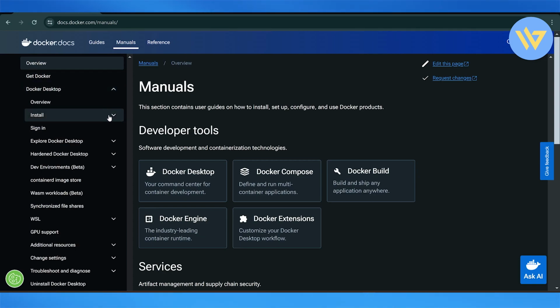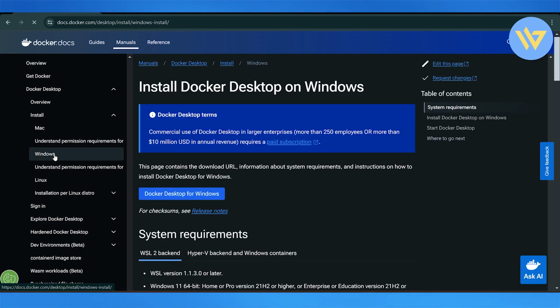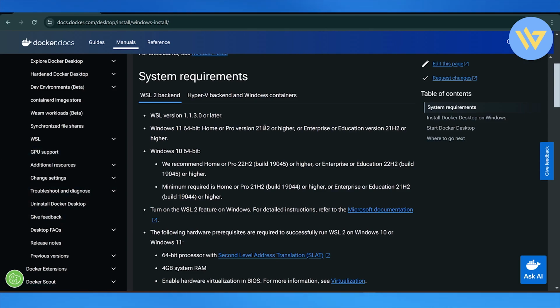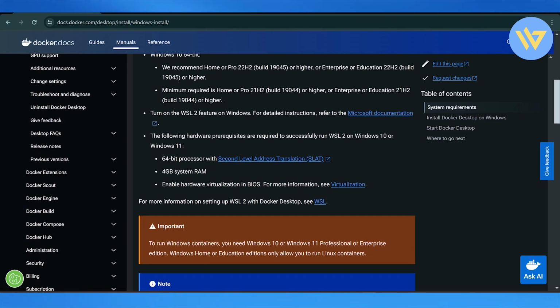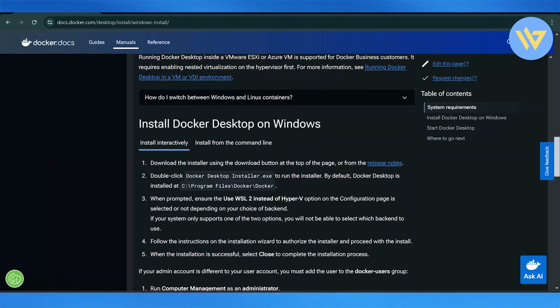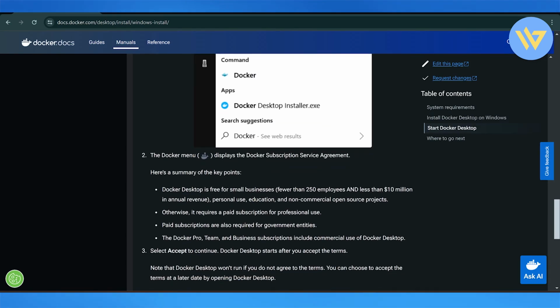And from here, you're going to head over to install. Under the install option, you're going to click on Windows. And then you're going to just look out for the system requirements, which is Windows 11. So Windows 11 is compatible with downloading Docker onto the device. Then next up, you're simply going to go to the end of this page